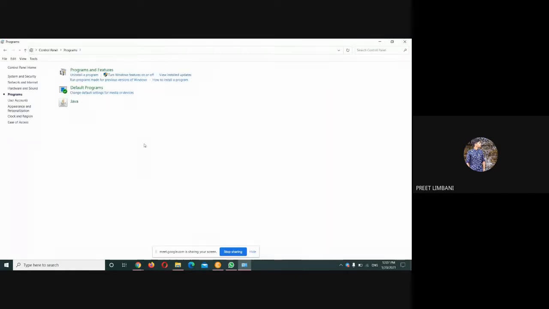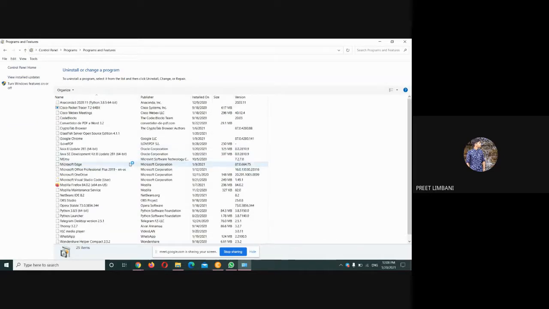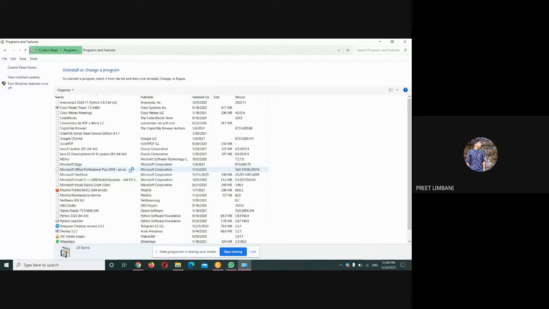Uninstall a program or view installed programs, anything is fine. Now click on the first option. Okay. See, NetBeans 8.2 is already there, right? Can you see that?